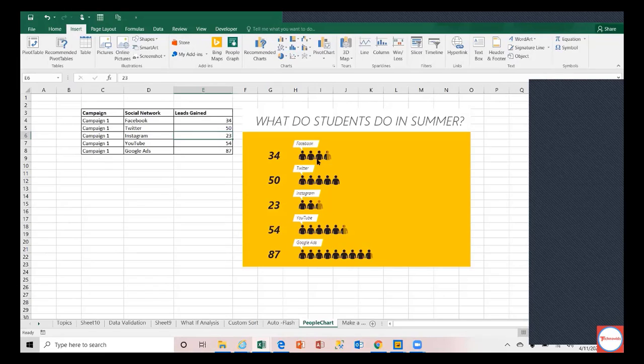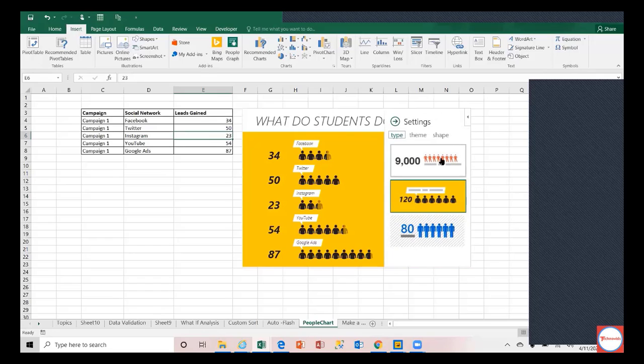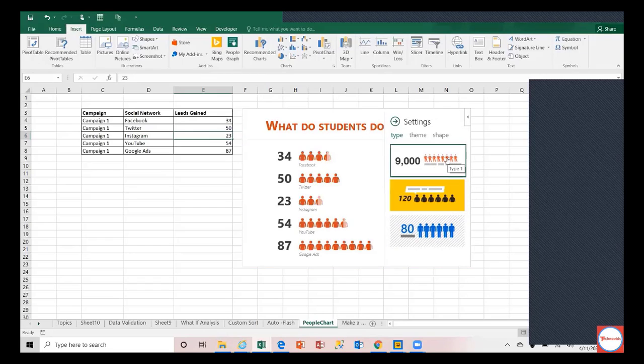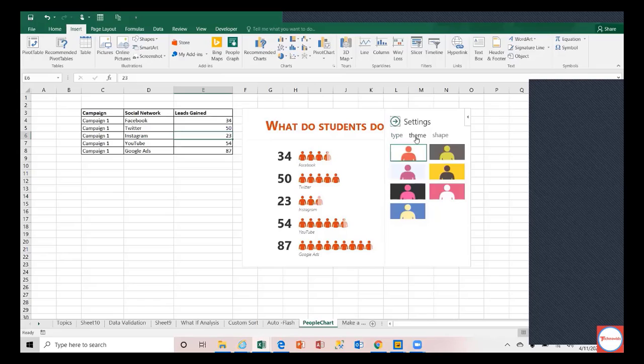This can be used outside people representation also. It's not only a people graph. The name says people graph because it is used extensively for people representation. You can use it anywhere else. It looks beautiful. You don't have to do any work outside this. Whatever Excel has given, within that you can always do. We can represent this one.